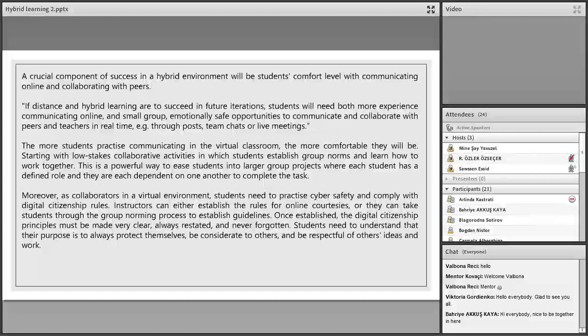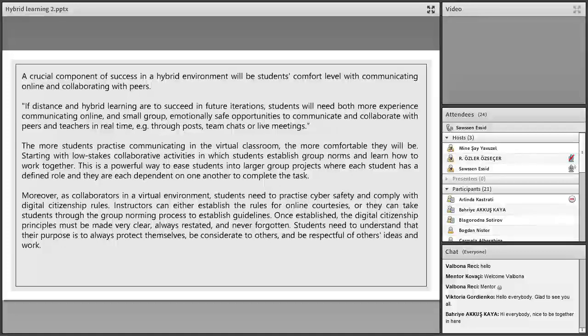If distance and hybrid learning are to succeed in future iterations, students will need both more experienced communication online and small group, emotionally safe opportunities to communicate and collaborate with peers and teachers in real time through posts, team chat,